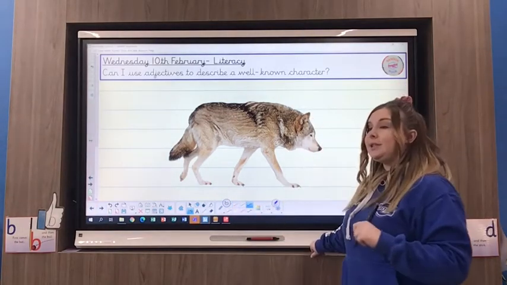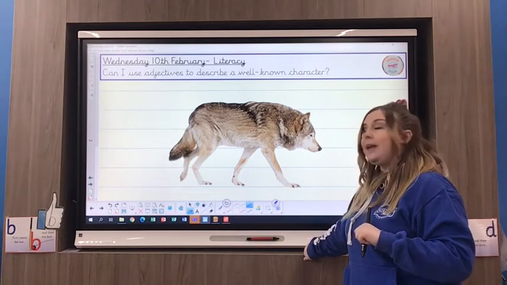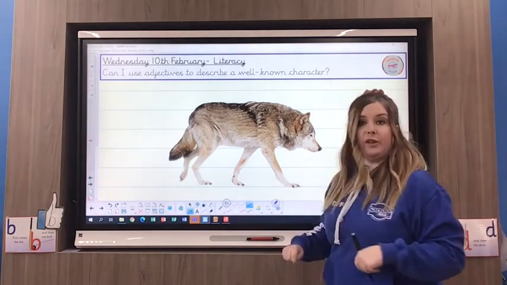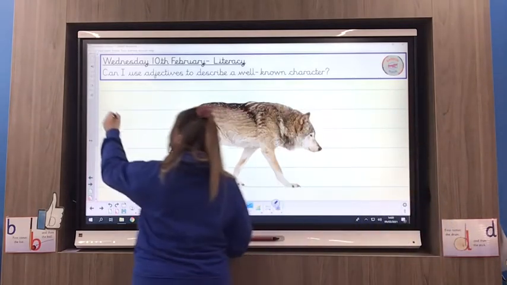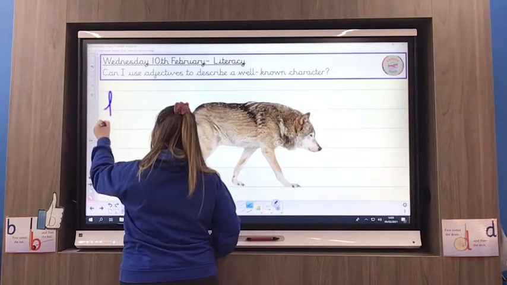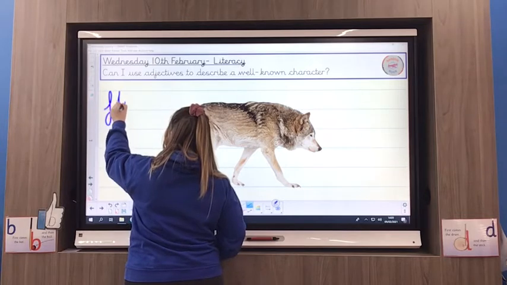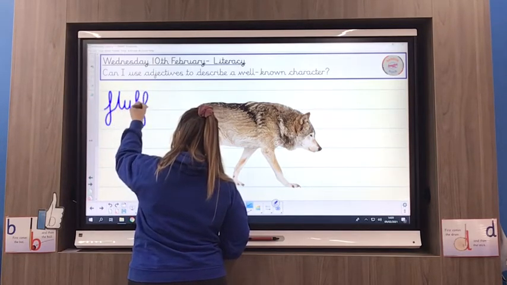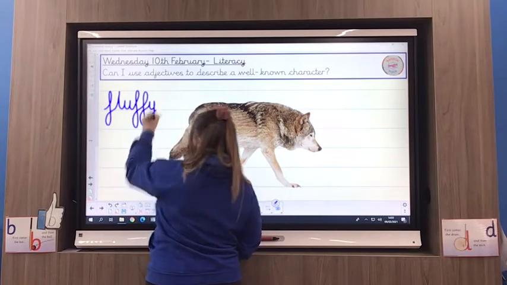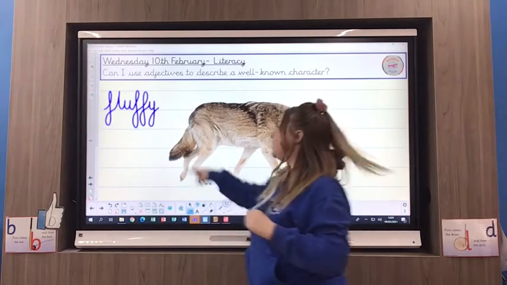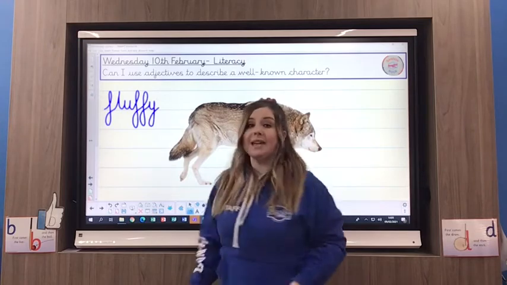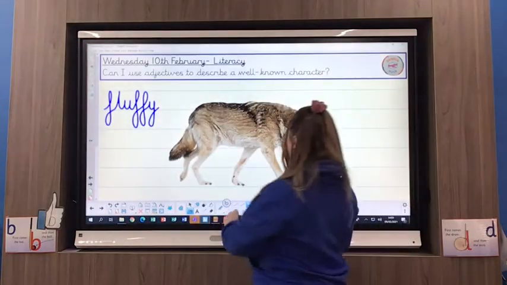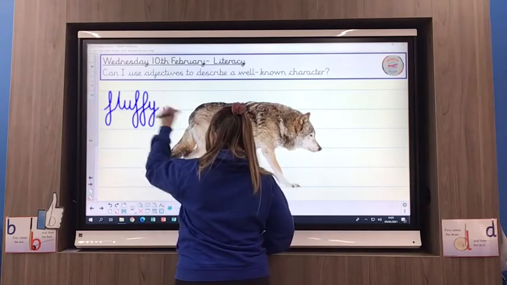So, I just need some adjectives to describe his fur. Now, his fur looks fluffy. So I'm going to write fluffy. That's one of our E sounds from earlier, Year 4 as well. Remember using a Y. But I don't want one adjective, I want 2 adjectives. So fluffy, comma,